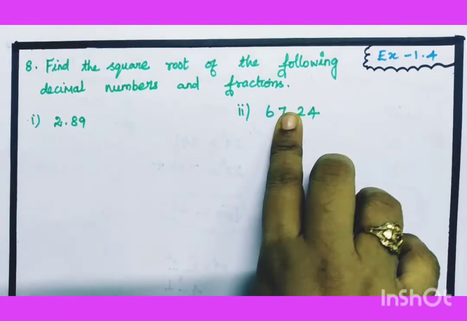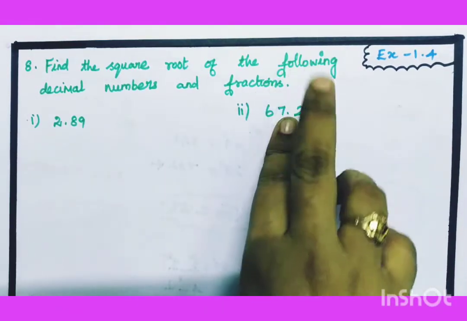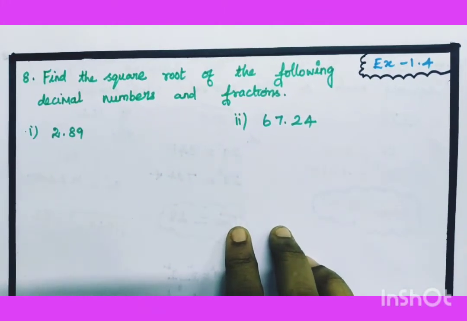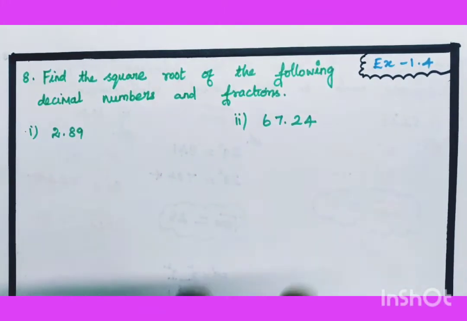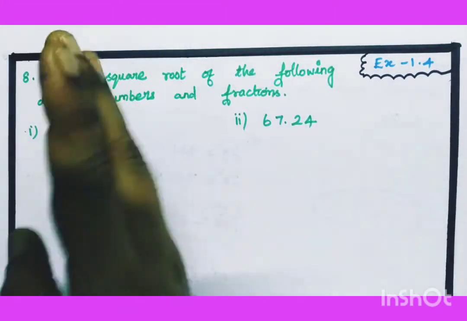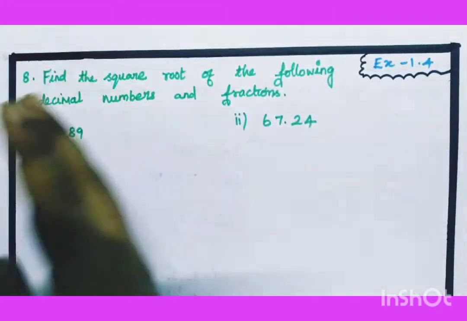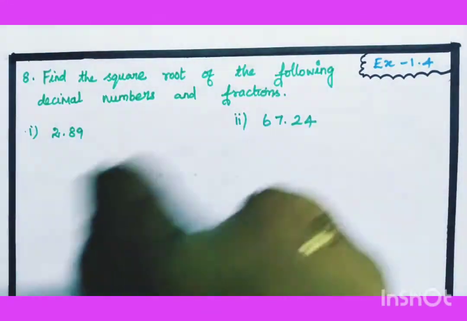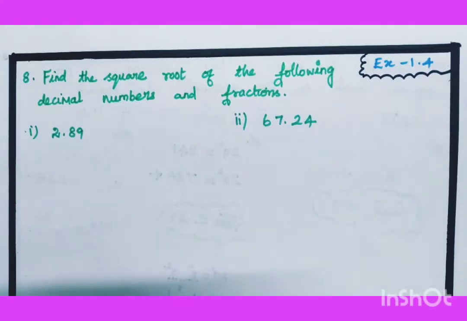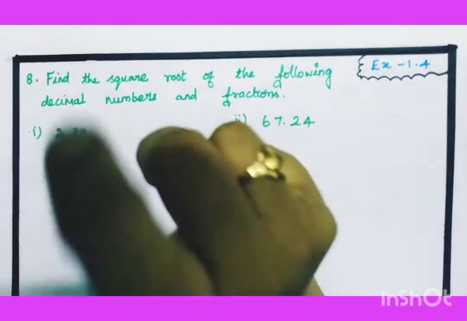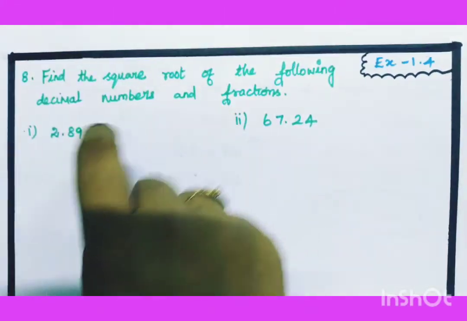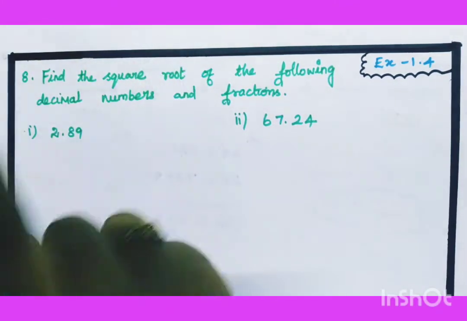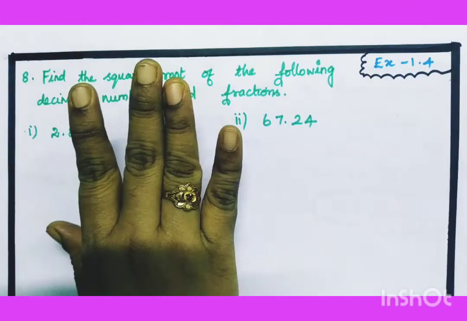Here also, if the point is not there, 2467, I will do the same. But you know, it's a decimal number. How to do it? For that, the integral part you can do separately, and the decimal part you have to do separately. We will make the bars, the pairs. This is the important one. So the first rule is: integral part and decimal part we want to make pairs separately.